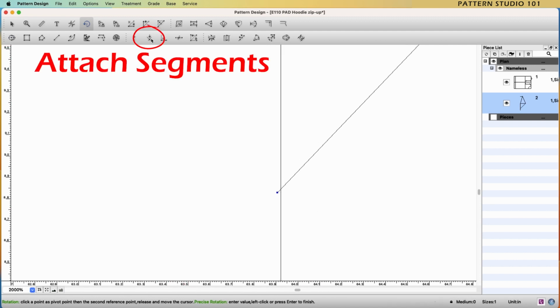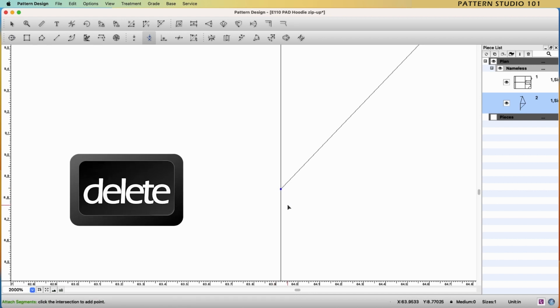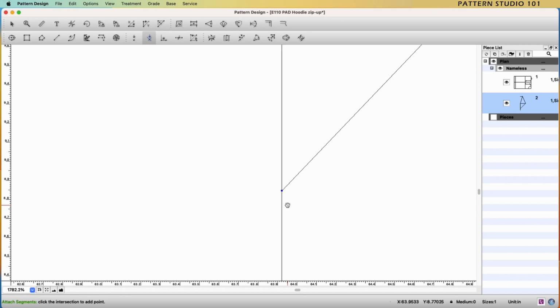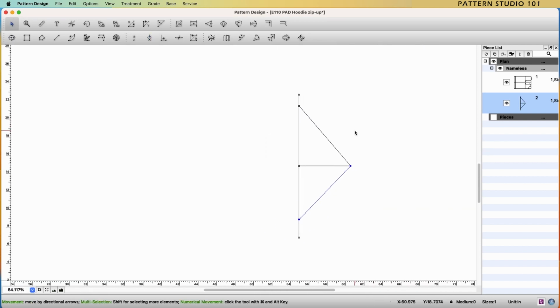And attach segment tool. And click where the two segments are crossed. Select this little guy, delete twice. Okay, if you zoom out, here we go.